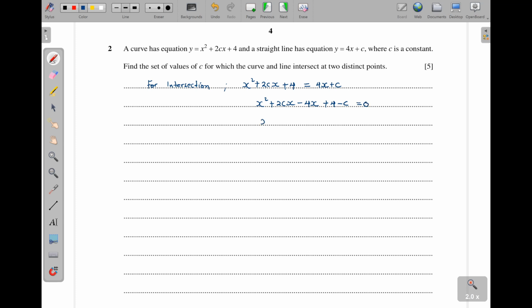And then the quadratic equation that comes from these two is going to be x squared plus 2c minus 4, then x outside, okay? Then plus 4 minus c, which is equal to 0. So using the general quadratic equation, ax squared plus bx plus c equals 0, our a is the one here, the b is this one here, and then c is this whole constant here, you see? Then from there, we can have for two distinct points,